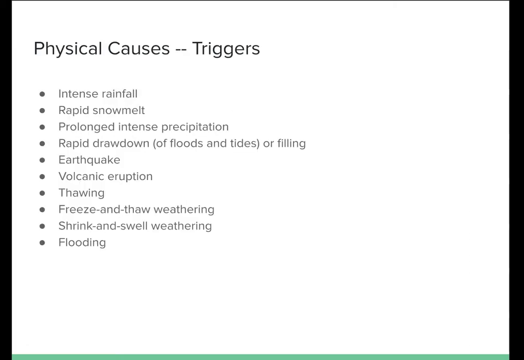All right, so this is a list of really common physical causes that end up triggering a landslide. And usually when I say a trigger, it's a transient event, something that happens that finally, boop, there goes the slope that was already unstable in the first place. So like a whole lot of rainfall all of a sudden, or lots of precipitation over a longer period of time, or rapid snowmelt, or it could be